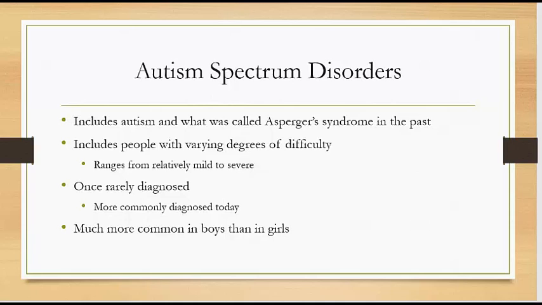This module's on autism spectrum disorders. So now when we look at the autism spectrum disorder, it's a big continuum. They used to have separate designations for autism and Asperger's syndrome, but now it's a very wide spectrum, which includes people with varying degrees of difficulty. Once it wasn't diagnosed as much, now it's more commonly diagnosed today, and it's much more common in boys than